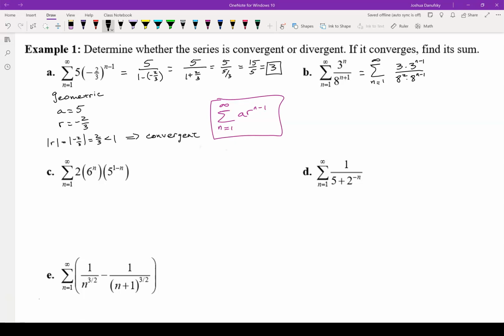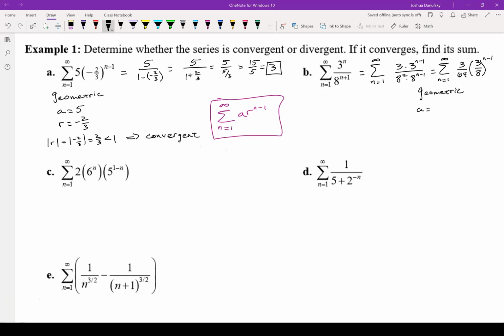Remember, when we multiply same bases, we add the exponents. So if you were to add the exponents here, you would get 3 to the n power. And if you were to add the exponents here, you would get 8 to the n plus 1 power. Now we can rewrite this as 3 over 64 times 3 over 8 to the n minus 1 power. And now we're in the proper format for a geometric series